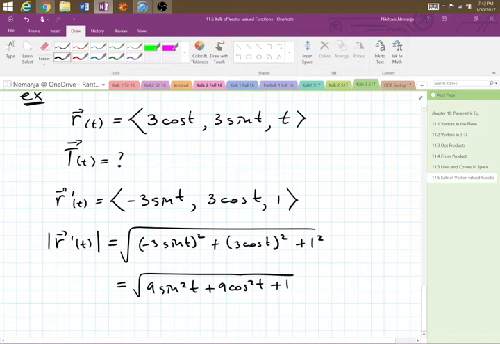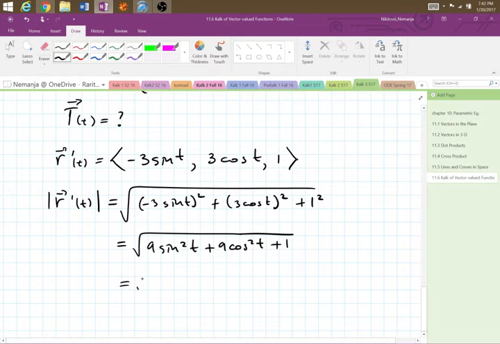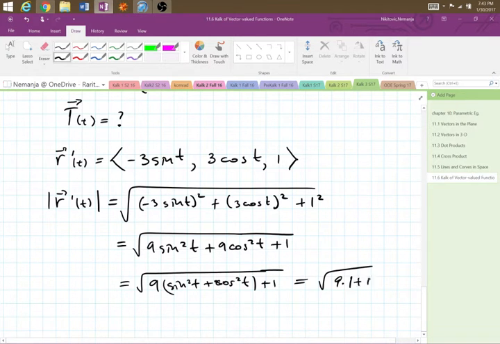Clearly? Right. Because we factor out 9, and you have sine squared plus cosine squared, which is 1. So you have square root of 9 times 1 plus 1, which is root 10, when I said clearly on the first line. So now you have a square root of 10,